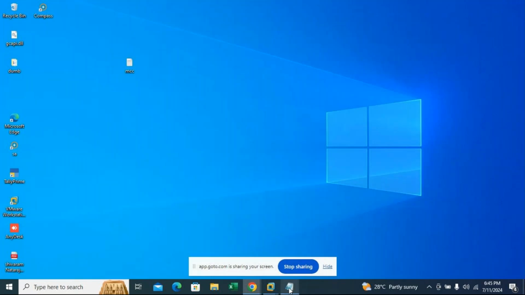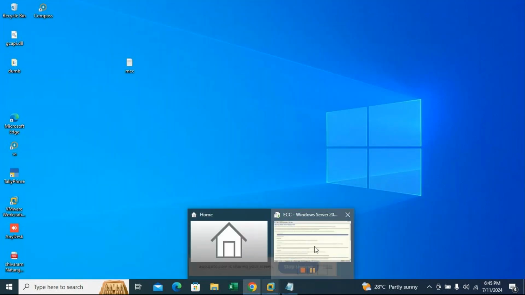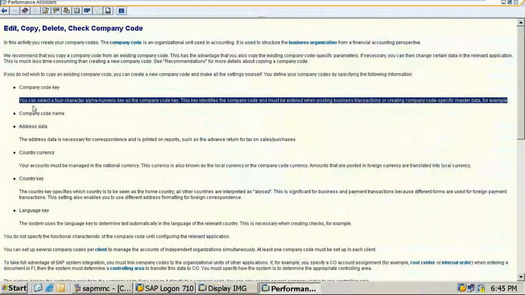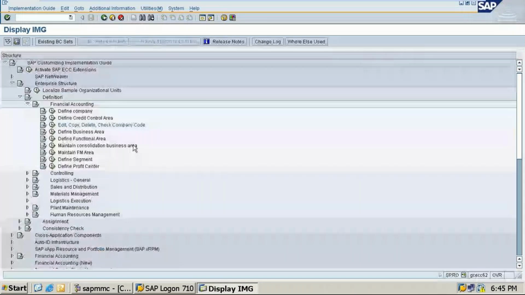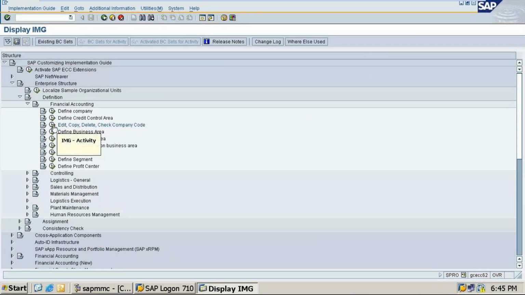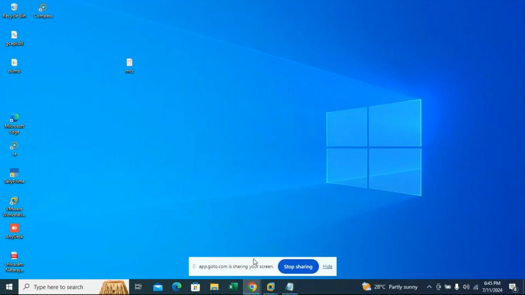Now see here, don't miss the class, students. Every class is very important. Now see, you can select a four-character alphanumeric key. Now I'll close this. I'm going to show how to create this. Double click on edit, copy, delete, check company code. So to create a company code,